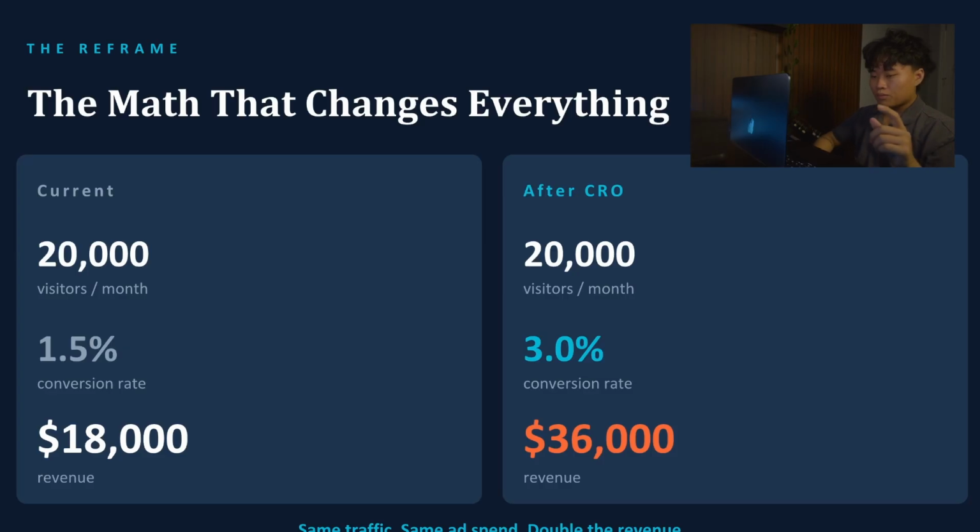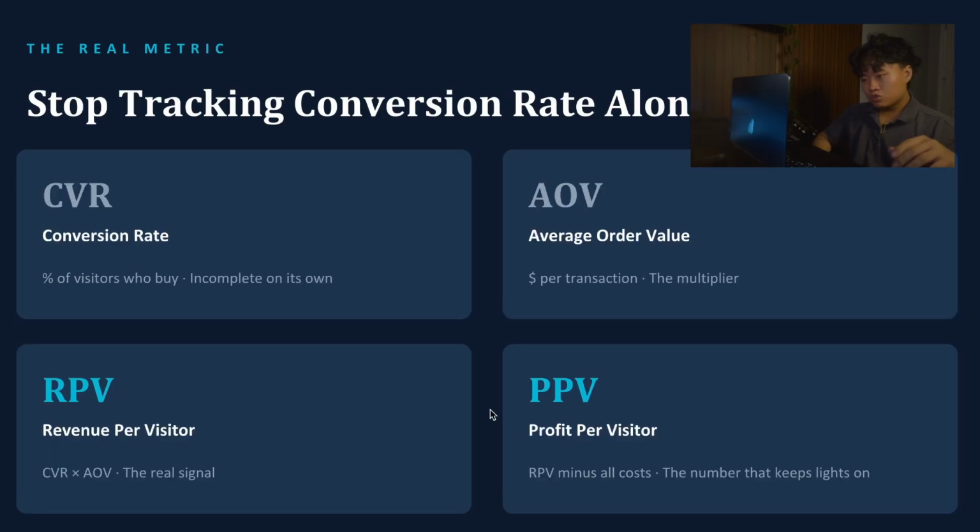And that's why when I'm onboarding a new brand into the agency, I look at the store before I even touch the ad account. Because scaling traffic into a store that just doesn't convert doesn't really help anyone. Most people track CVR, which is conversion rate, the percentage of visitors who buy, but it's incomplete on its own, because you can have a 5% conversion rate and still be losing money if your AOV is low and your cost